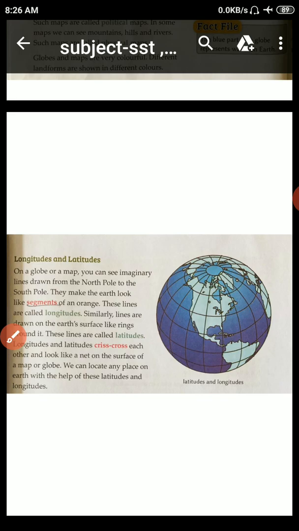These lines are called latitudes. Longitudes and latitudes crisscross each other and look like a net on the surface of a map or a globe. What does it mean? These lines are longitudes. Okay, again.